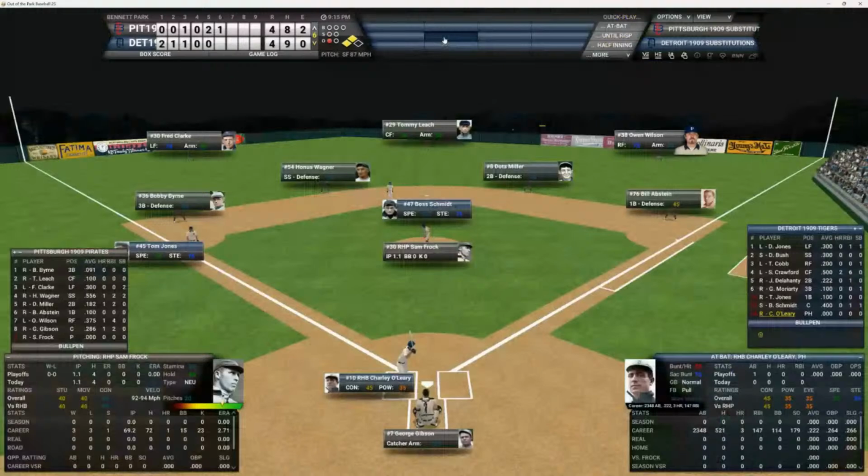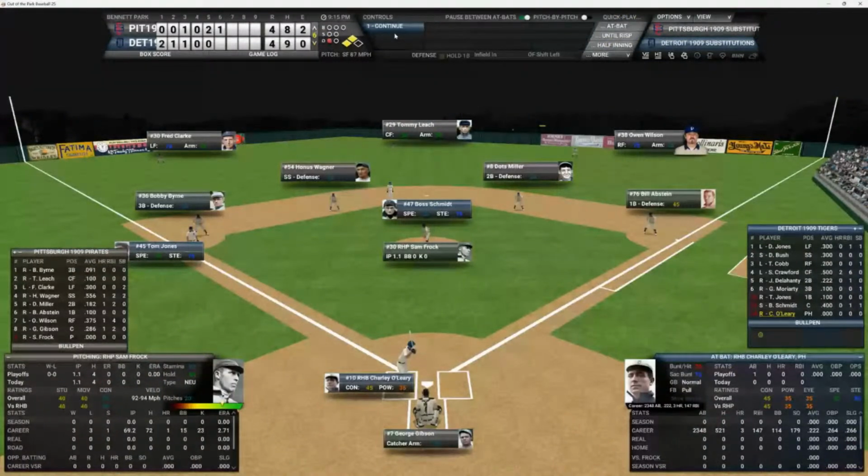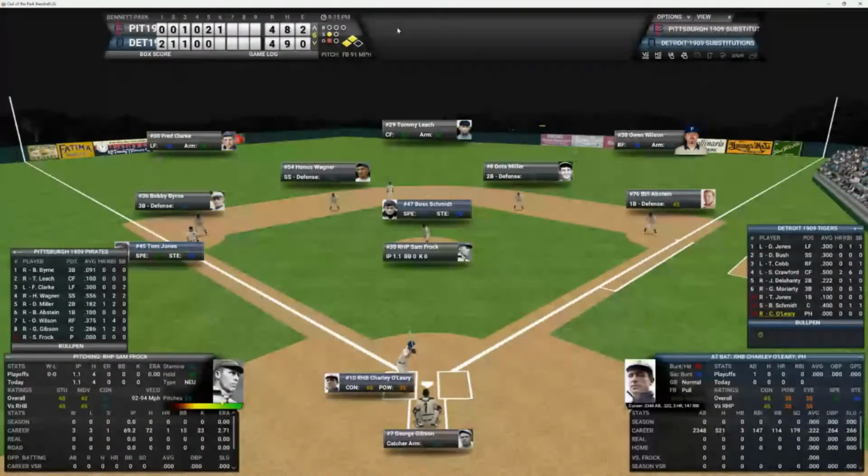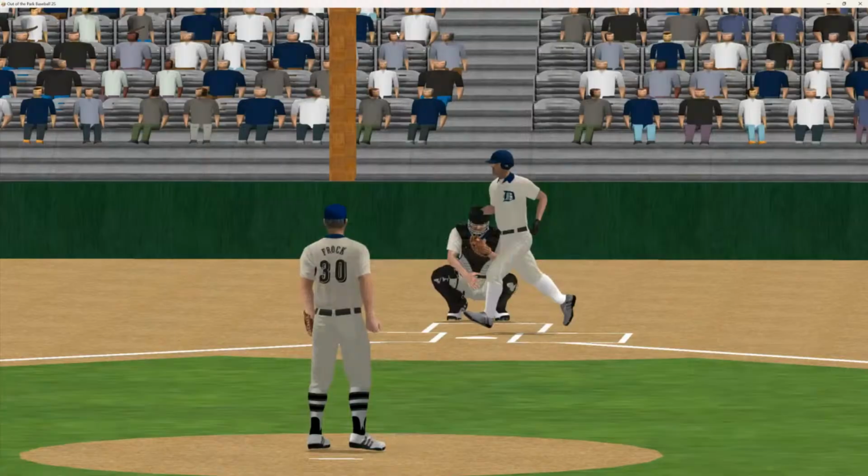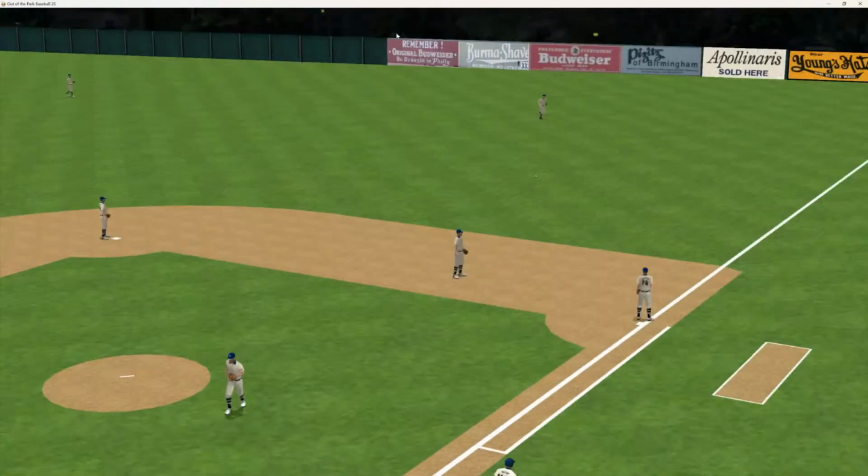And they do. And that'll bring up a pinch hitter. Charlie O'Leary comes out. That'll be it for Ed Sun. And here's the 0-1 pitch to Charlie O'Leary. And that's going to make it through the drawn-in infield. And at least 1 run will score. And just like that, the Tigers.